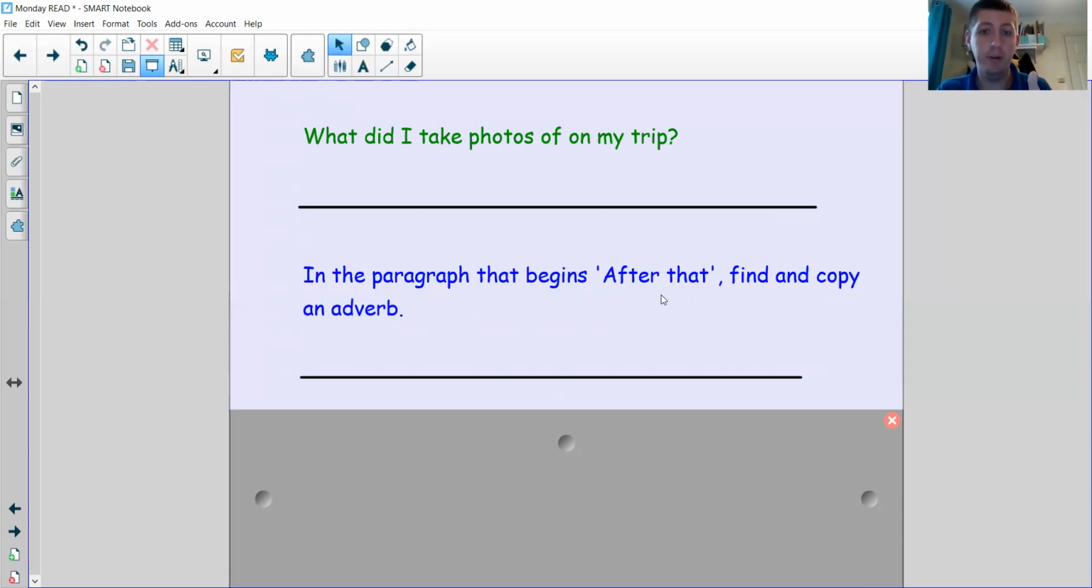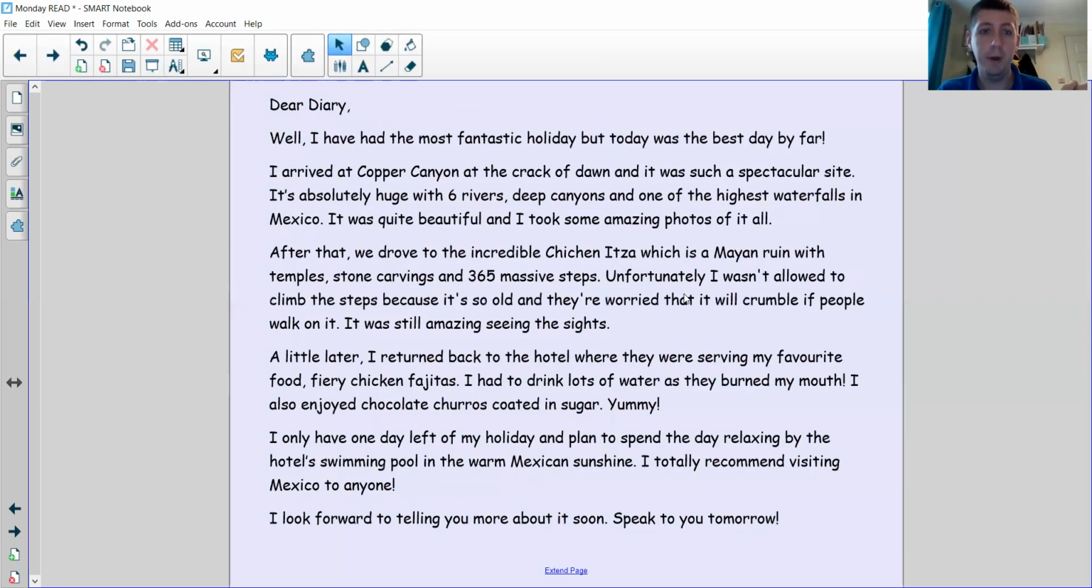So let's go to the paragraph that says after that and look for an adverb. Ready? Find the paragraph that begins with after that. Have a look for an adverb. Is there a word that ends in ly? And is that used as an adverb in the sentence? Have you spotted it? It's this one here,